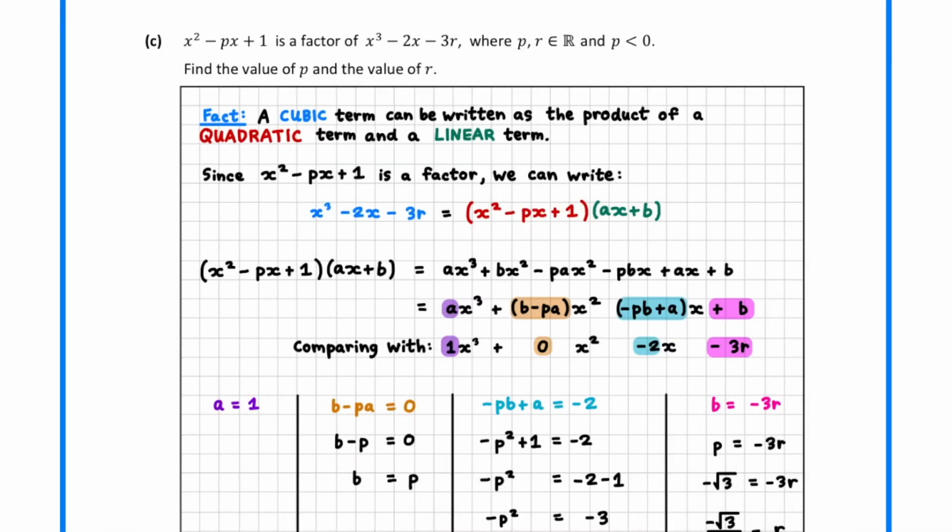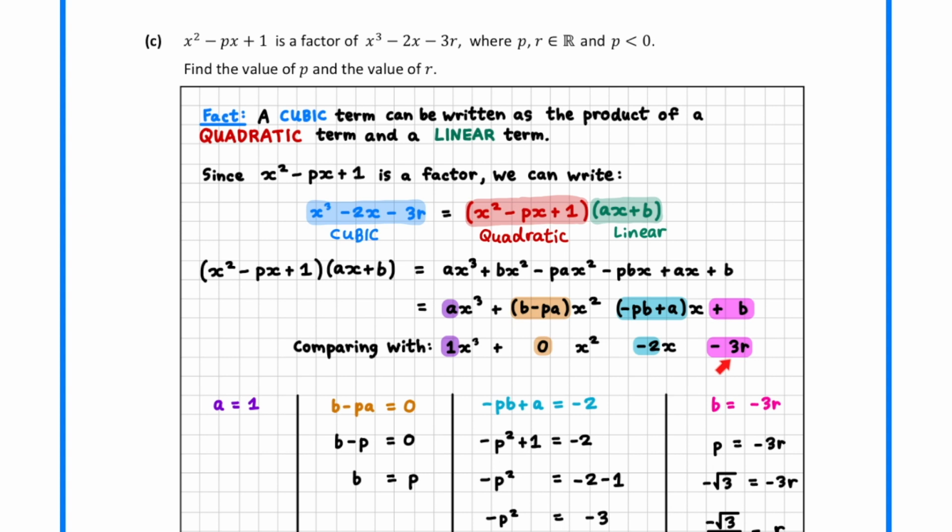Part C involves a cubic expression. Any cubic expression can be written as the product of a quadratic term and a linear term. In this question, we are told that the quadratic term is x squared minus px plus 1. Letting ax plus b represent the unknown linear term, we obtain an equation. Expanding the brackets on the right-hand side produces a cubic expression, and matching the coefficients with the given cubic provides